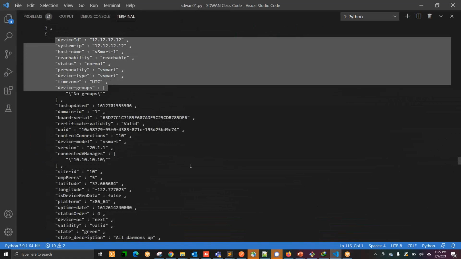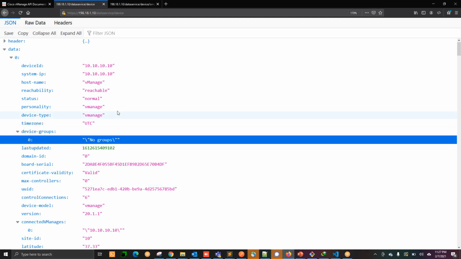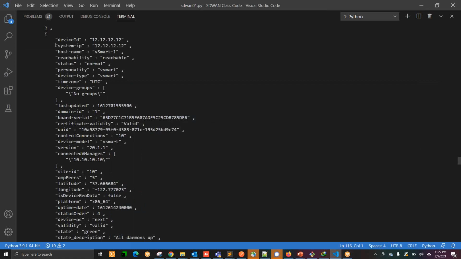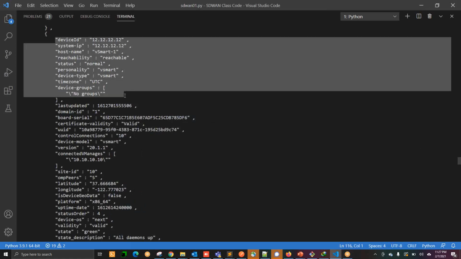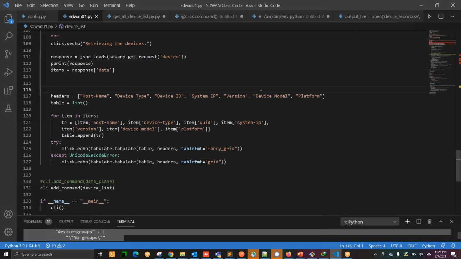Again, you can see the device list, and if I go back to the API call, see, like this, you're getting this. Okay, so we are getting the output. There is no problem on that, we are getting the result, and then it's up to us how we print that result. That's why we are using one of the packages called tabulate to print this in a table format. But to print that in a table format, you have to have the data. You need to define the rows and the columns, correct?